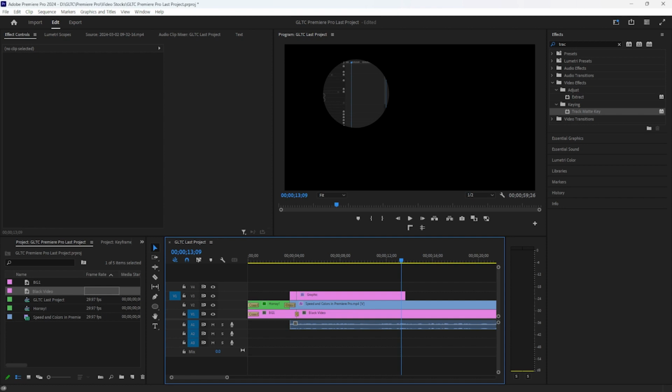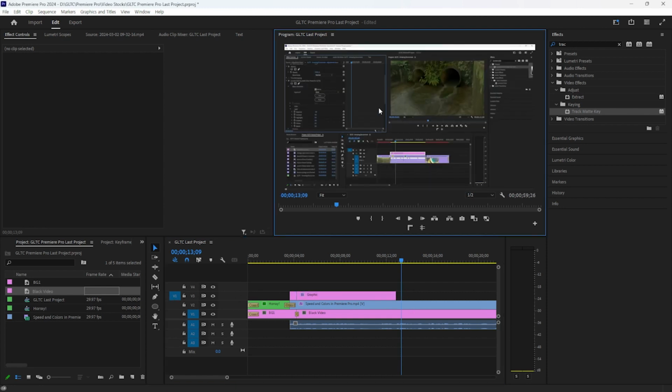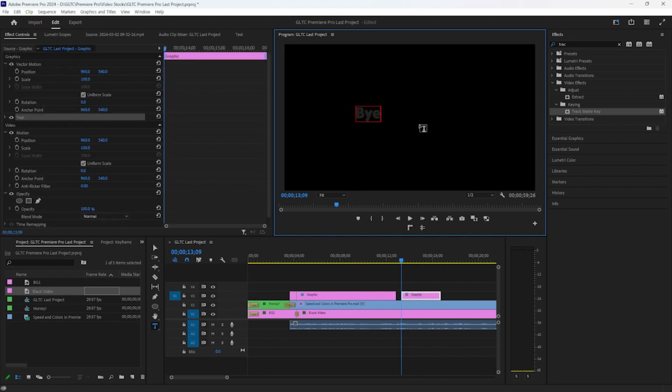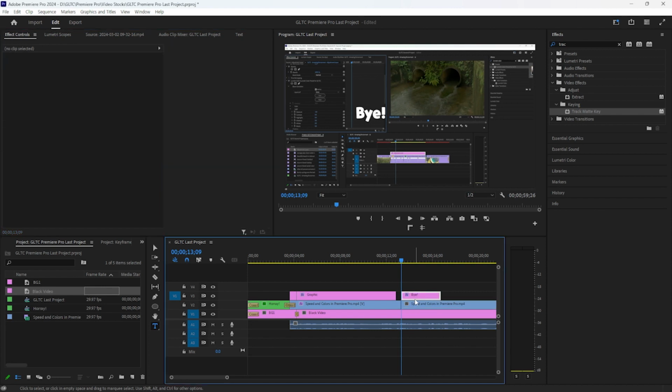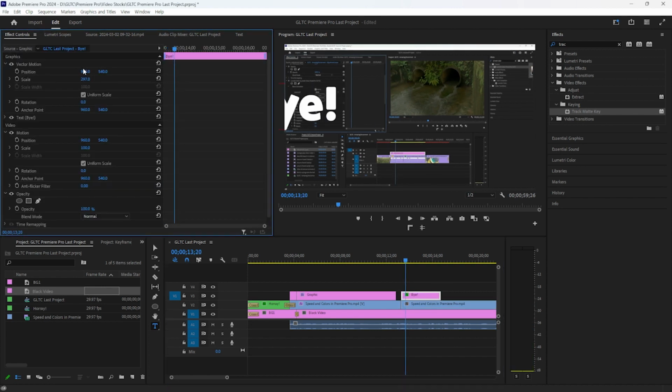Okay, click the image, video, or text you want to mask. So I'm just going to add a new text saying bye. Just going to delete the effect from here by cutting and removing. Scale this up, and then from